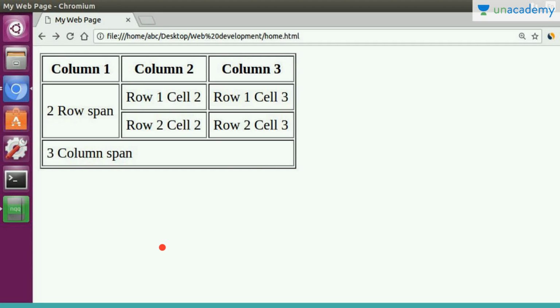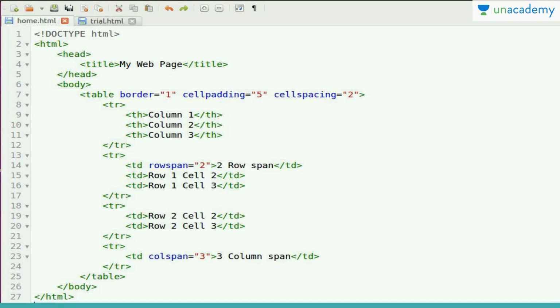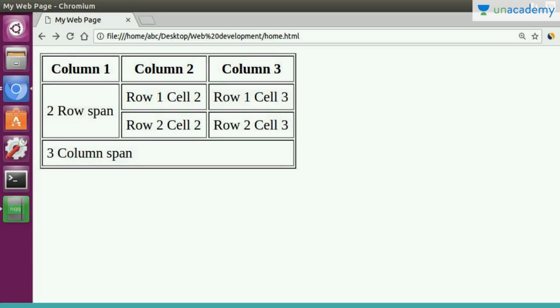Now let's go back to the code again. When I give a rowspan of 2 and here I have 2 columns, what if I had given a third column here? Then we would have one more column here with an entry only in this row, because here we have mentioned the fourth column.